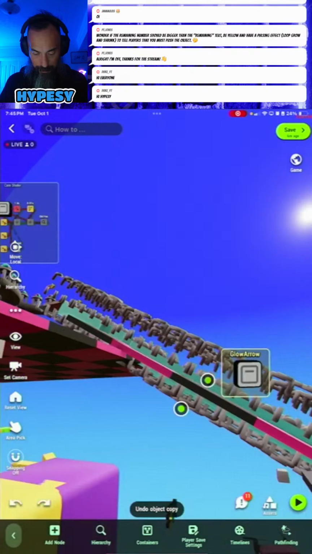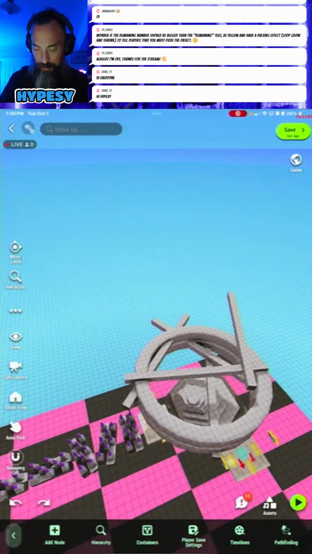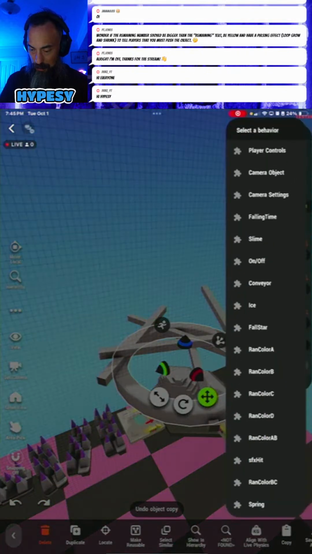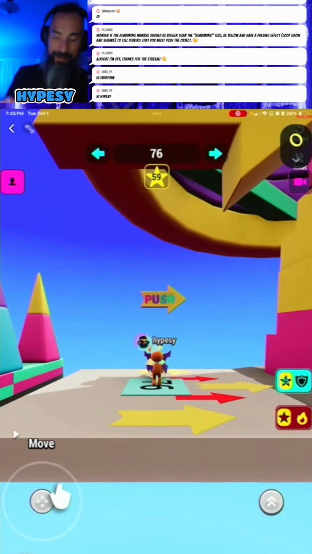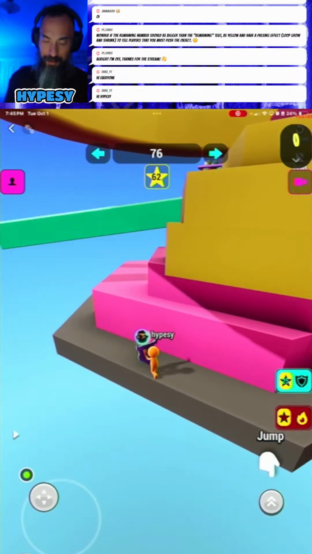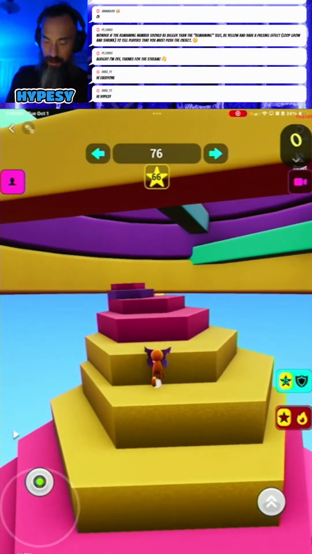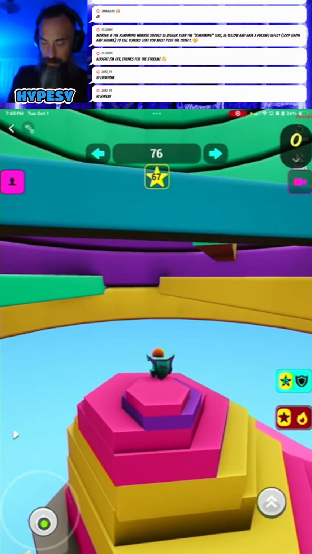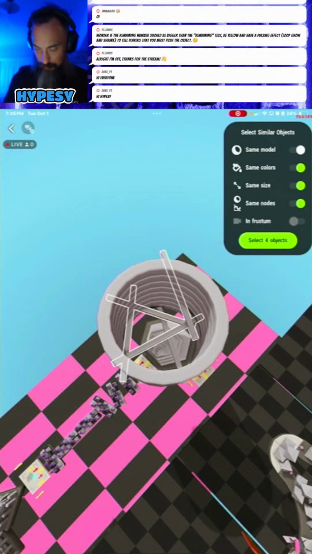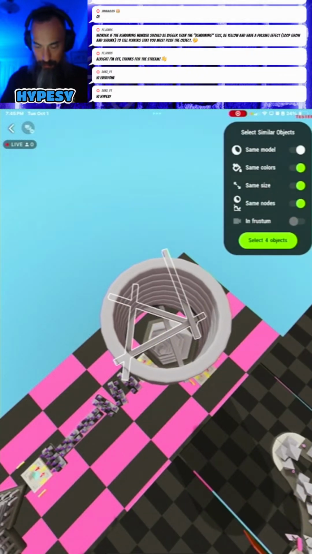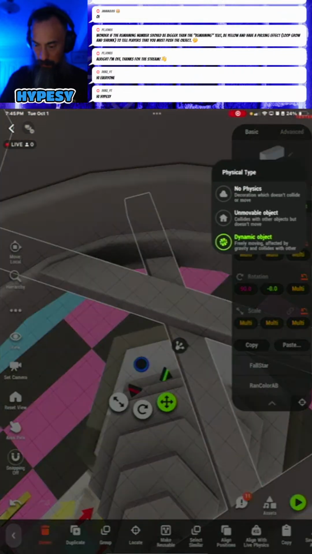Oh man, that bugs me. The buttons are a little bit too close sometimes. Scooting in, undo, hit this button, duplicate, duplicate, duplicate. And I'm just going for the aesthetic appeal. Does this look cool aesthetically? These objects are supposed to be non-movable. Or maybe I accidentally undid that. Unmovable.